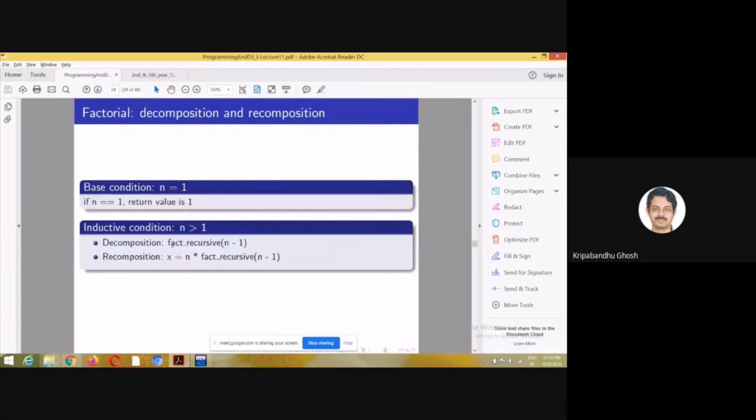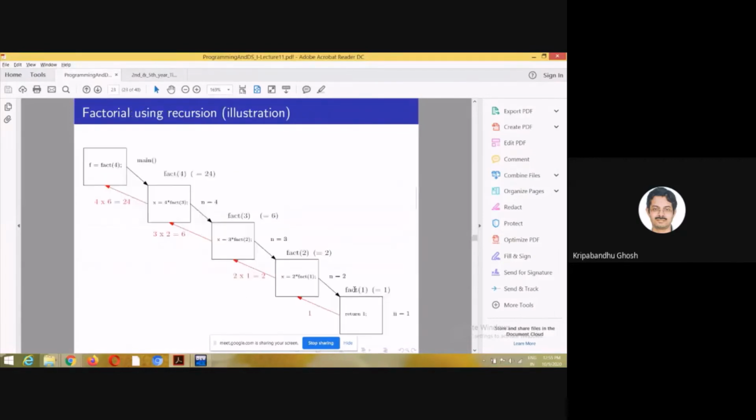So here the problem decomposition step is this one, where the problem is decomposed into a smaller version of the same problem, and this is the step of recomposition, where from the smaller version of that problem you are recomposing that for higher values of n.